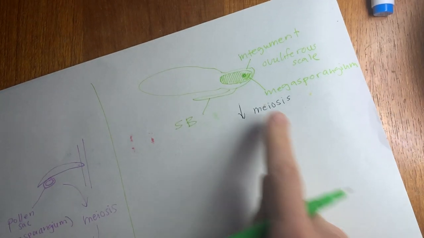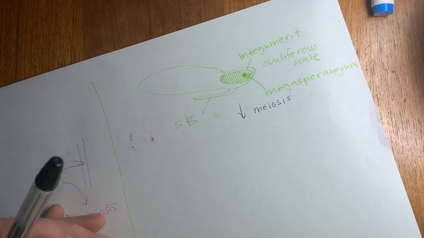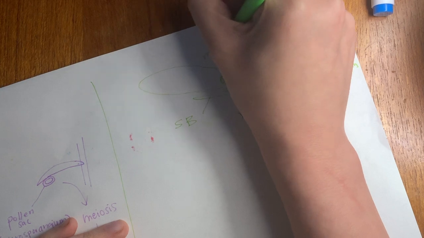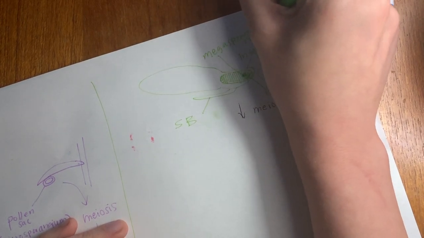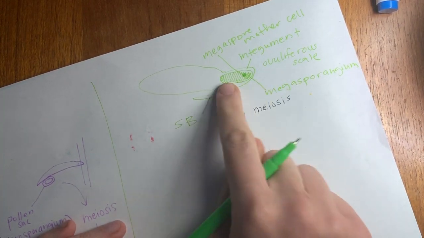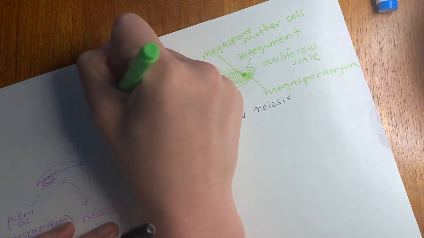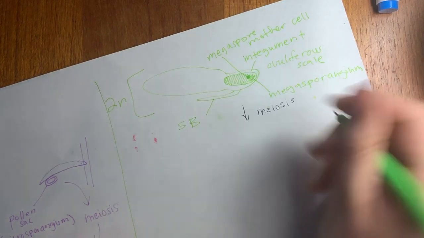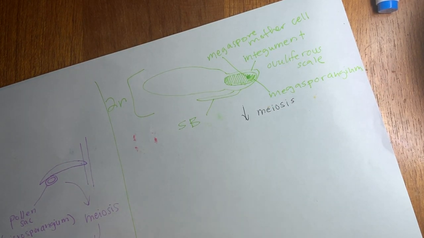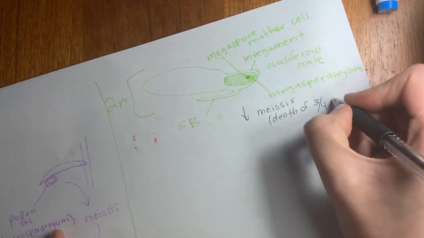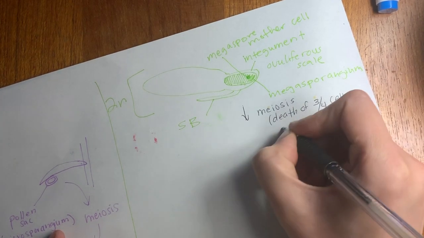Compare this to the male, where we have a bunch of microspores. In the female, we're going to have only one meiosis event, only one megaspore mother cell, which will divide by meiosis to produce 4 haploid megaspores. Remember that this is all diploid tissue. And then 3 of those cells will die, right? So after we undergo meiosis and death of 3 out of 4 cells from meiosis,